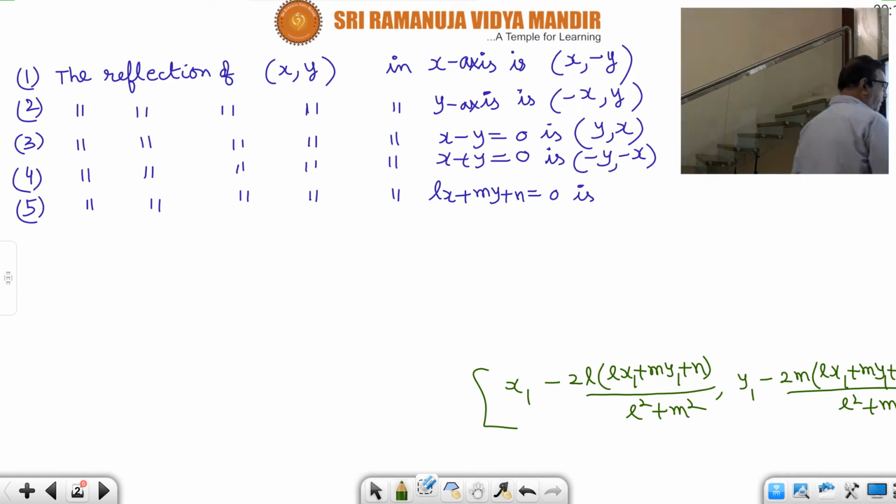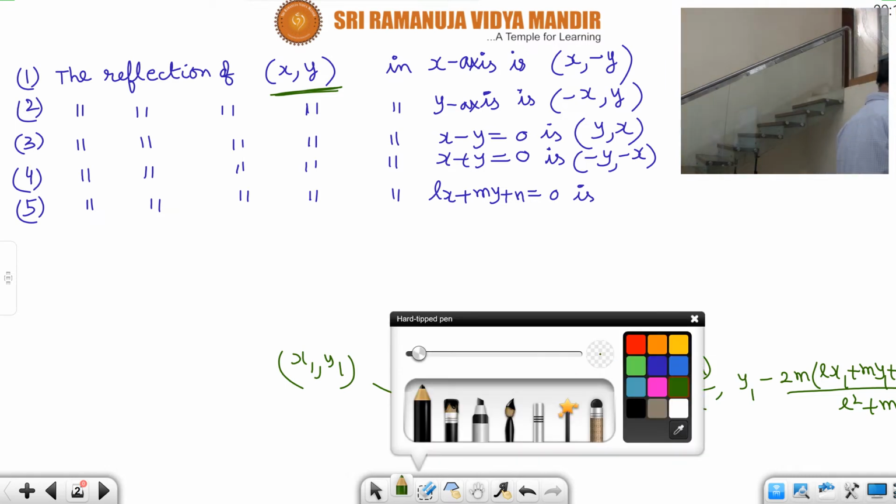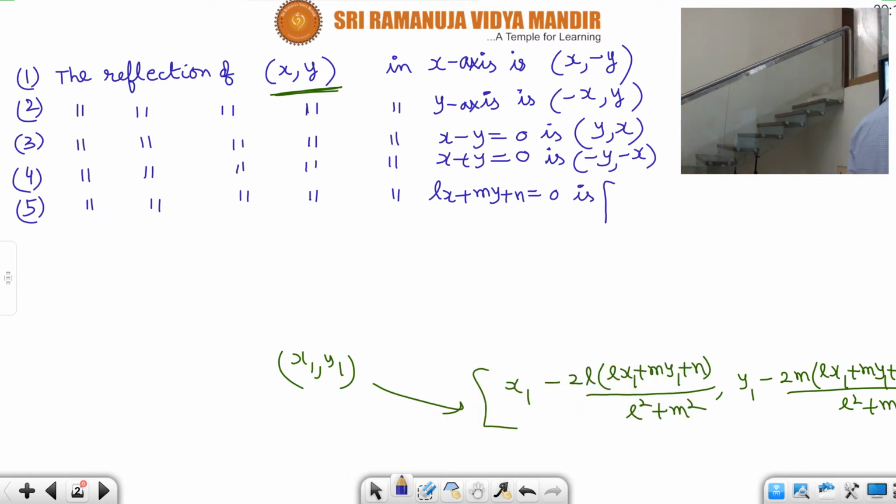But here, this is the reflection of which point? x1, y1. This formula. But I am taking all xy only. Here you see xy only, not x1, y1. So, in place of x1, I have to write x. And in place of y1, I have to write y only, not x1, y1. So, tell me the final formula. Anybody? Please tell. X minus 2L into